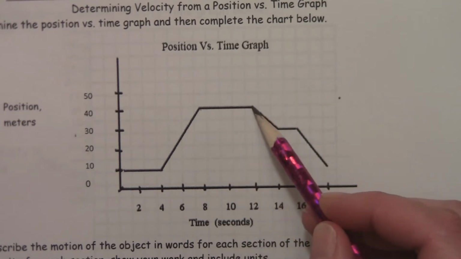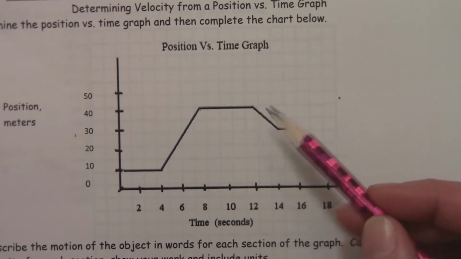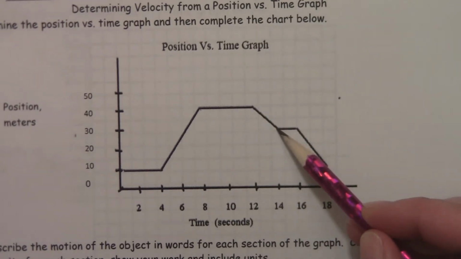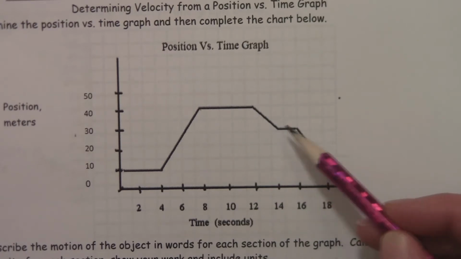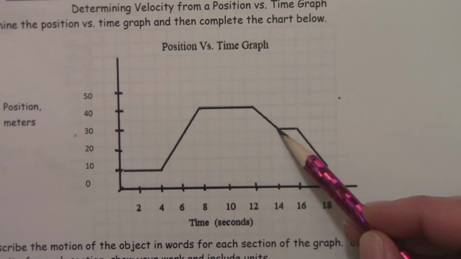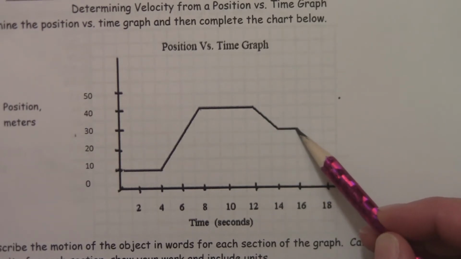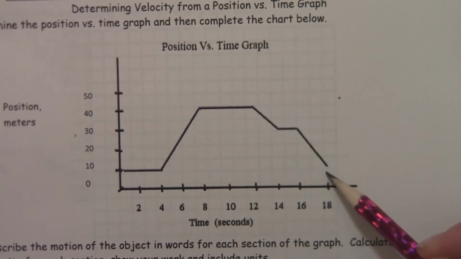From 8 to 12 seconds, the object is at rest. From 12 to 14 seconds, the object is moving at a constant velocity toward the 10-meter mark. You could also say it's moving in a negative direction. From 14 to 16 seconds, the object is at rest. From 16 to 18 seconds, the object is moving at a constant velocity toward the 10-meter mark in a negative